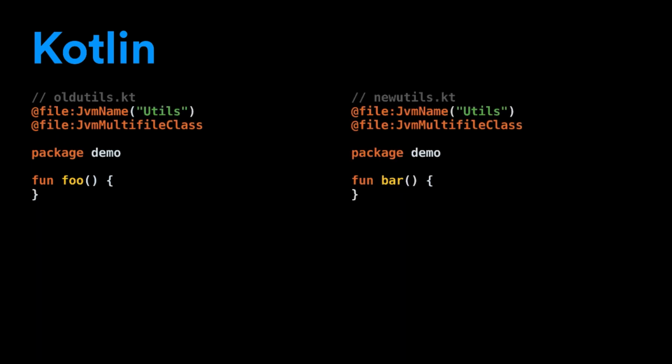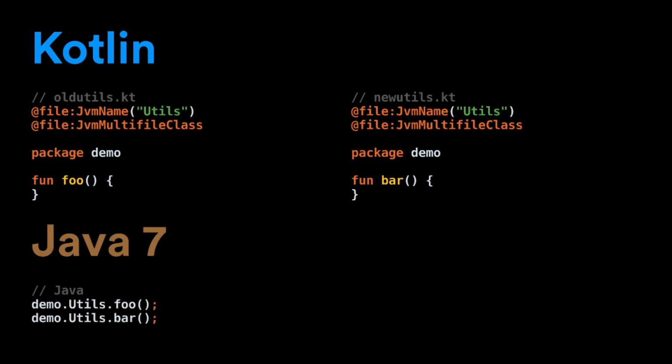One fun thing I learned is that there are some other annotations that you can use to set up your Kotlin code to be more usable within Java. For instance, you can use these annotations for saying what your file name is, and you can split it across multiple files. So let's say I have in my same package foo and bar. I've named it utils, and then in Java I can say package demo, call on utils, and get that foo or bar